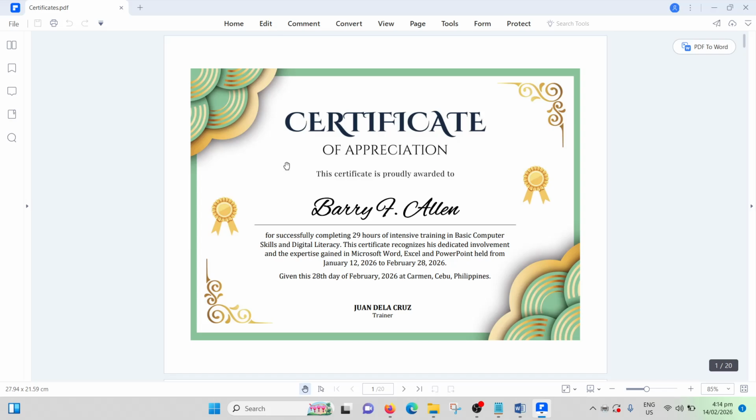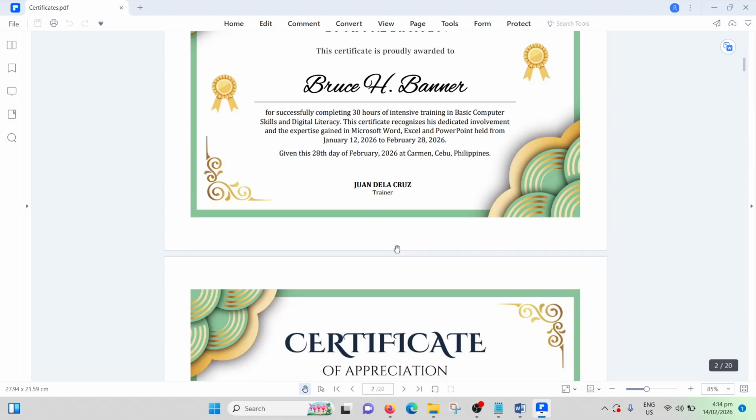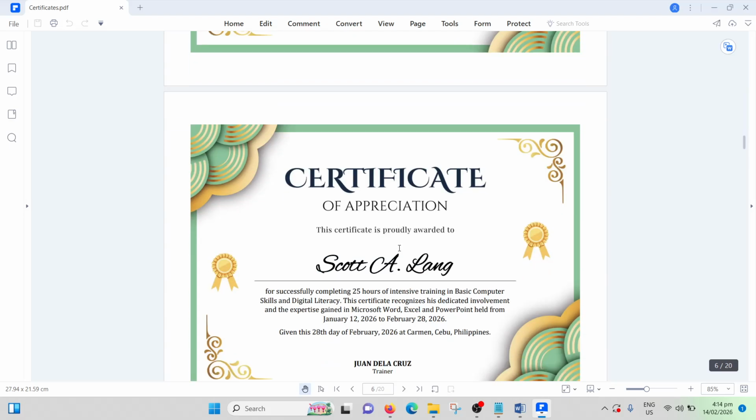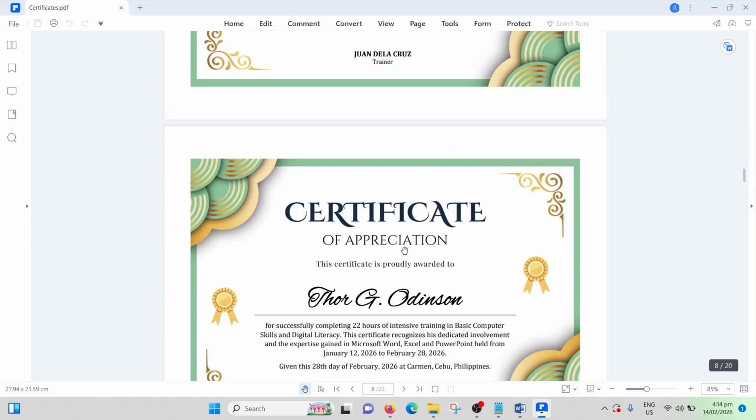Whenever your document is printed in PDF, the font styles won't change when you open it on another computer, because if the font that you are using is not installed in the computer where you want it printed, the system will automatically change the font style, so your design will be distorted. So in order to avoid hassle, you have to make sure to print it to PDF before sending it to another computer for printing.